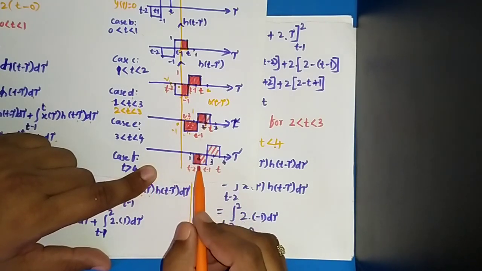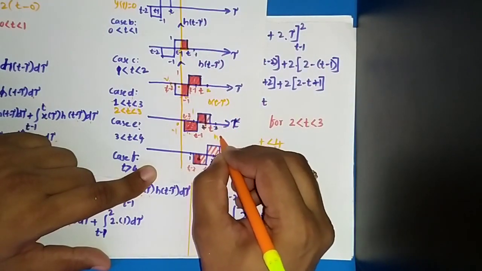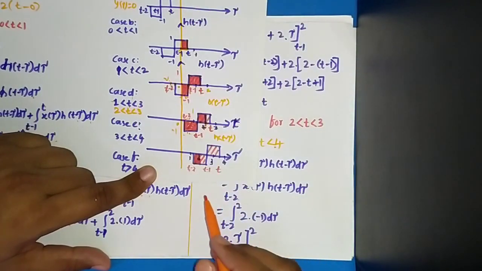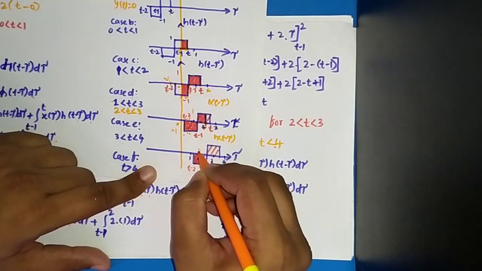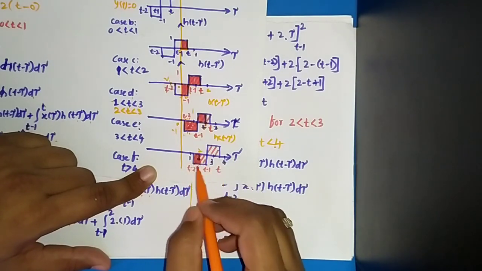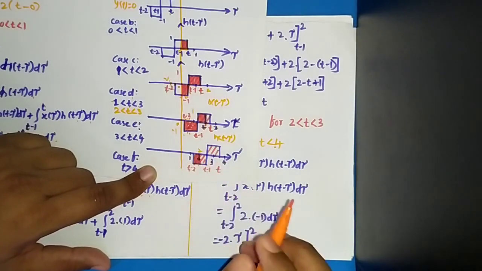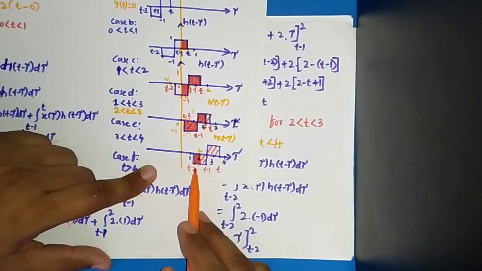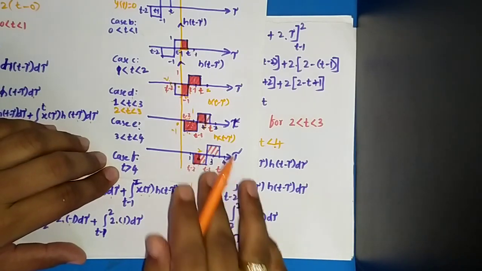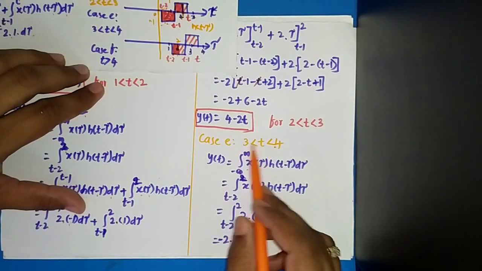Understanding? So accordingly, what will be the overlapping regions now with respect to x of tau and h of t minus tau? This is the h of t minus tau curve. So if we look at both, what will come? Only this is the 2, okay. So this is the overlapping region, that is from t minus 2 to 2, because this t minus 1 term is also greater than 2 and t is also greater than 2, that's why, okay. So accordingly we will have the interval of integration from t minus 2 to 2 only. Okay, so that is the case E, t lies between 3 and 4.